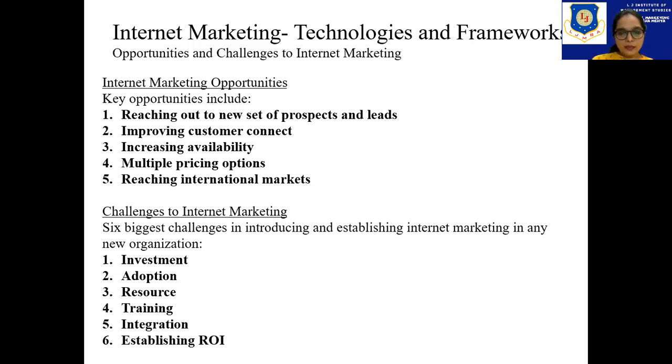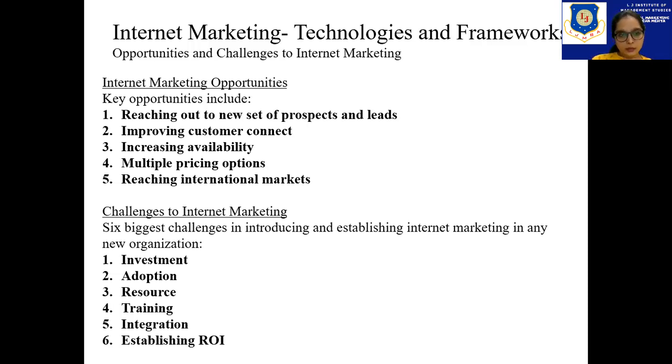As I said previously, because of the internet, the trading, or maybe globalization, borders are blurring, right? The trade becomes easier with the help of internet or digital marketing. So the fifth point over here, reaching international markets. Let's say I have a website and I am in India and I want to sell my product to some European market or Australian market or in Japan. It becomes really easy for me to connect with the marketers over there, or directly sell my product over there, right? So those are the key opportunities of internet marketing.